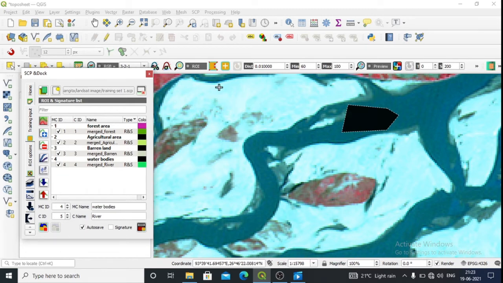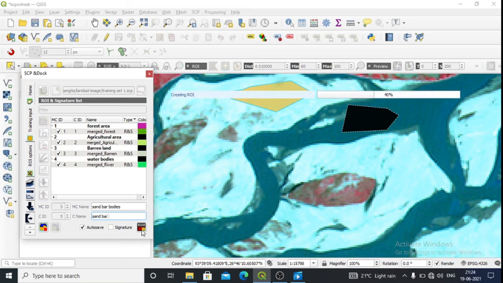Okay, so what else do we have? These are the sandbar. Okay, so let us digitize these also. These are the sandbar that we have. So this is ID number 5. Okay, sandbar.